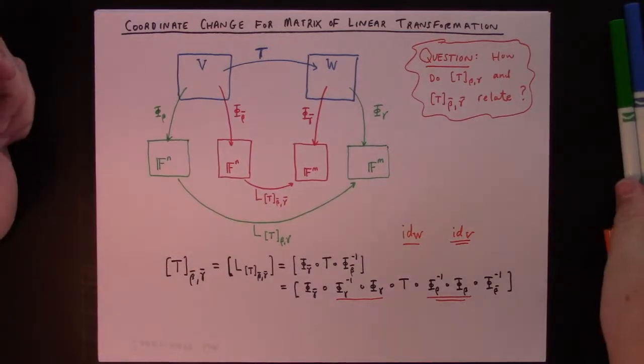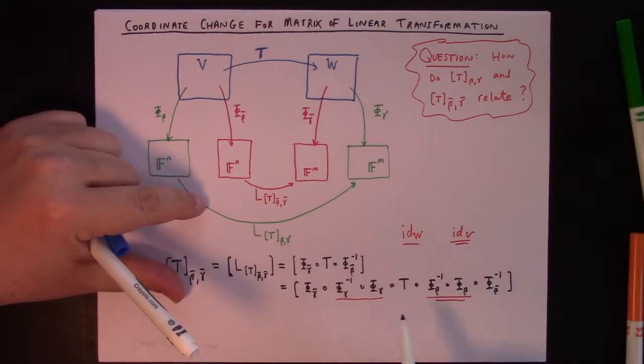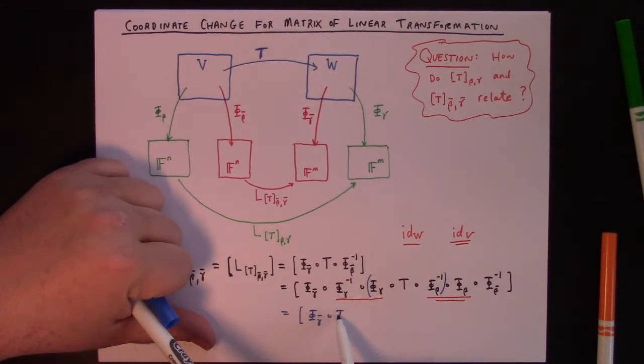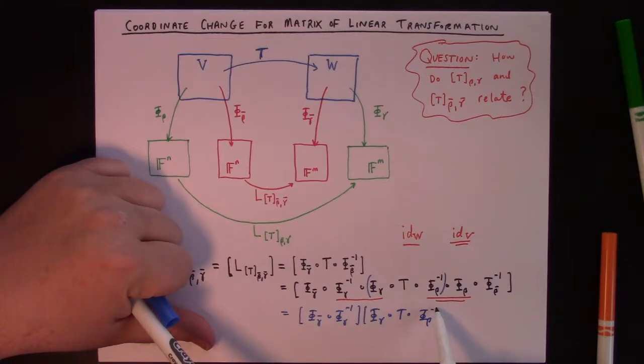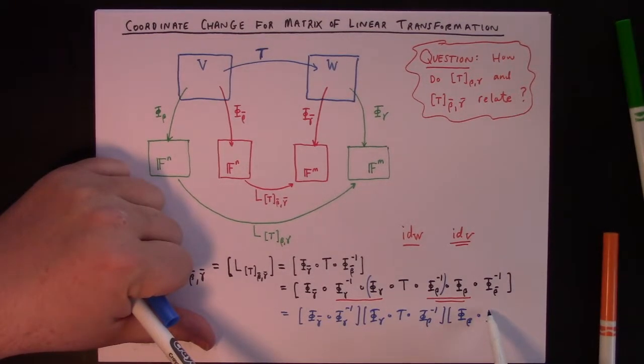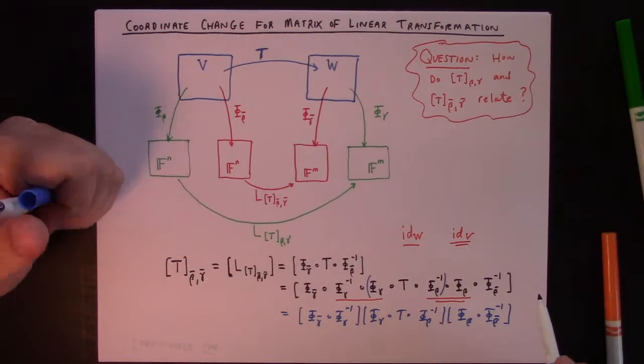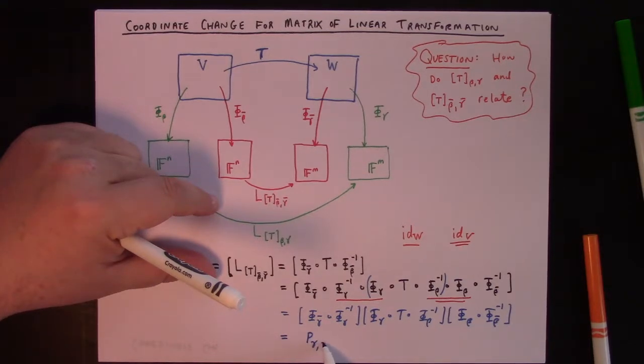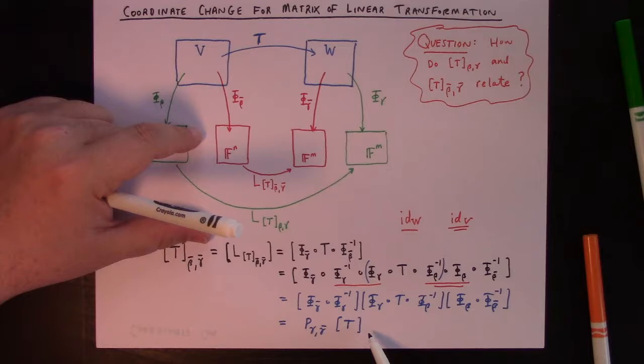Use our properties about the standard matrix of a composite being the product of the standard matrices of the composed maps. So what we get is the matrix of phi gamma bar composed with phi gamma inverse, times the matrix of phi gamma composed with T composed with phi beta inverse, times the matrix of phi beta composed with phi beta bar inverse. All right. And, well, what is this? This is nothing more than P gamma bar, that's the coordinate change matrix, times the matrix of T with respect to beta gamma, and then that is actually the inverse of the beta bar